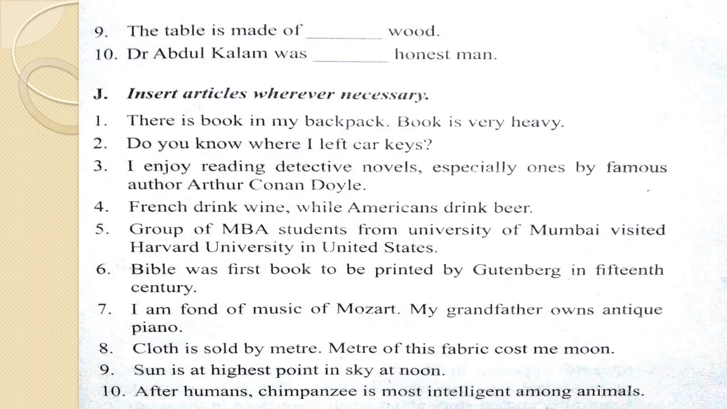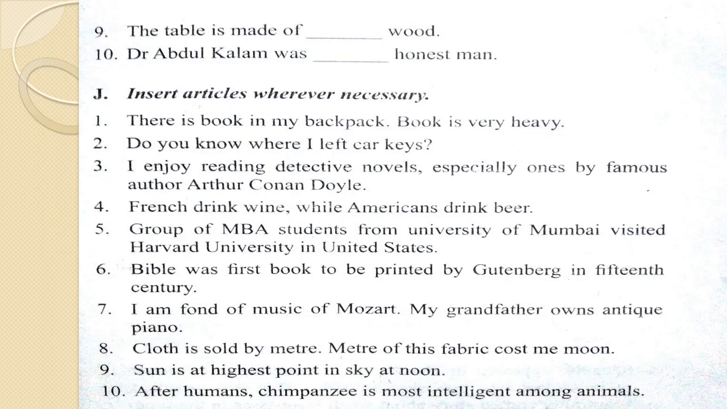In the last exercise, there were two questions. I discussed them in the last video, but for the sake of clarity, I will discuss here also. Number 9, the table is made of wood. So there is no article required because we are talking about wood in general. Number 10, Dr. Abdul Kalam was an honest man. It is not honest, it is aw sound, so a vowel sound, so that is why indefinite article an